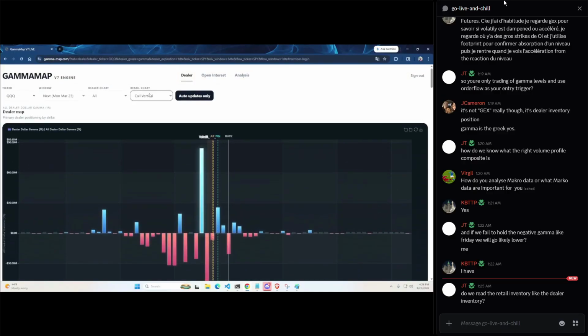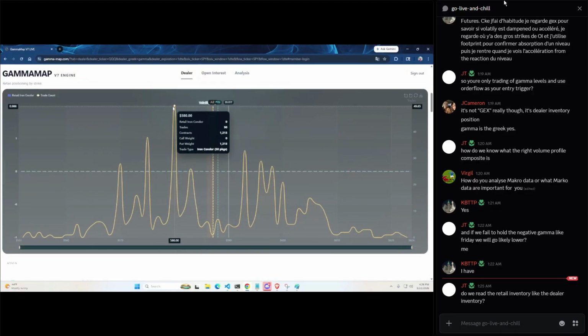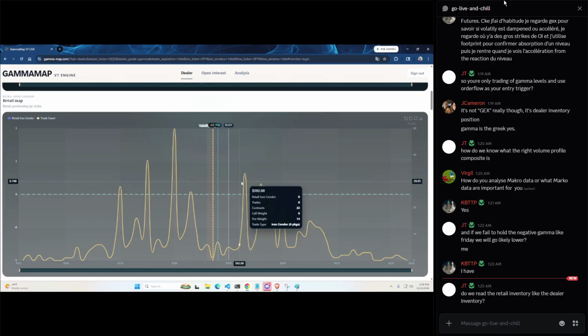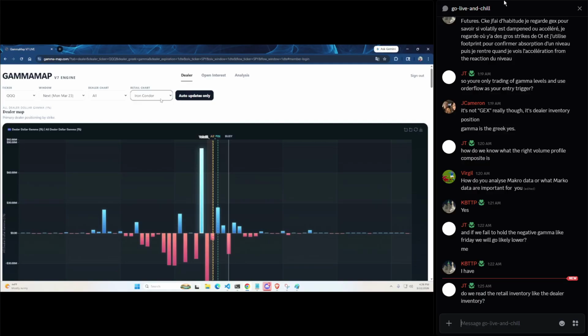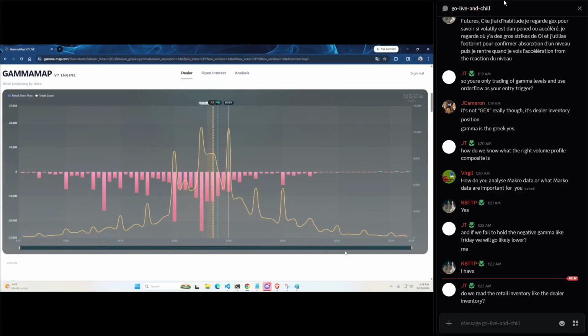If you want to look for iron condors, right? There's not a whole lot yet, but you can see the levels. There's 50 trades here. So iron condors, you can see the levels where iron condors are open for each leg. So these are legs to iron condors. So over here and over here. You can check any of these things. You can see where retail is selling puts, right? So these are where retail is selling puts in the market right now.